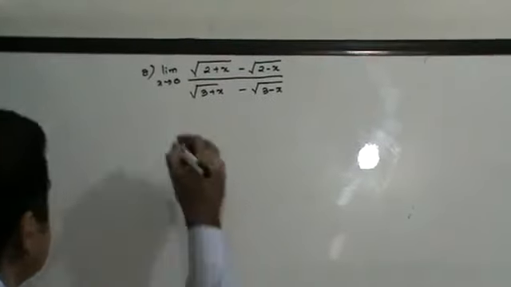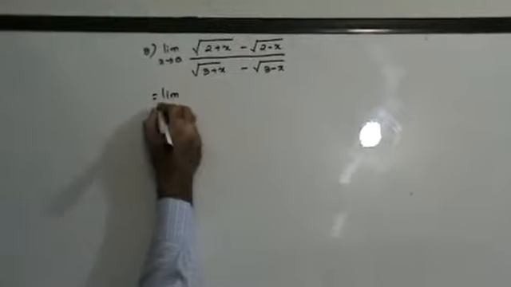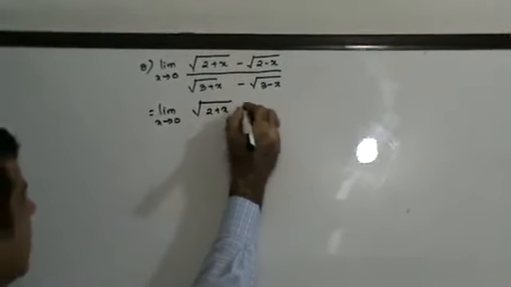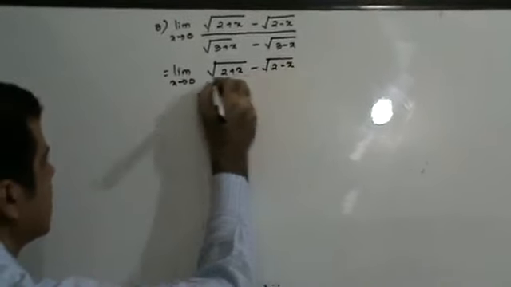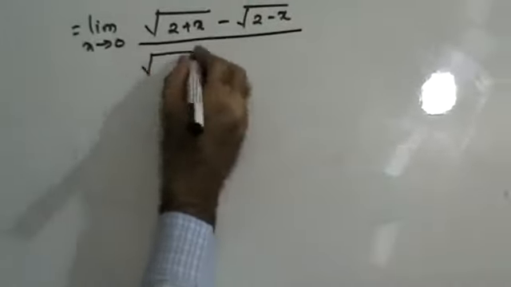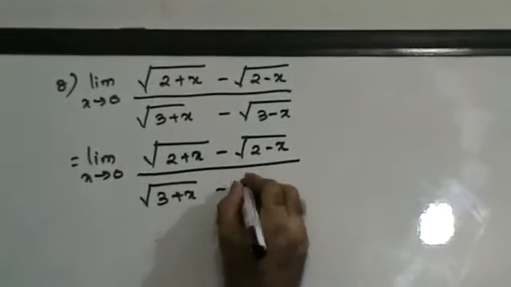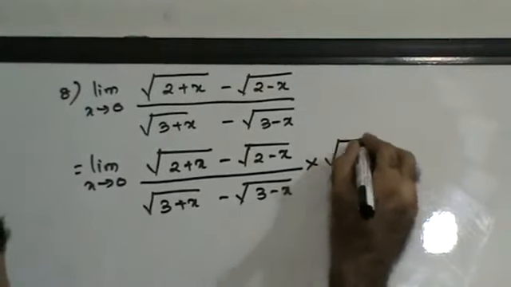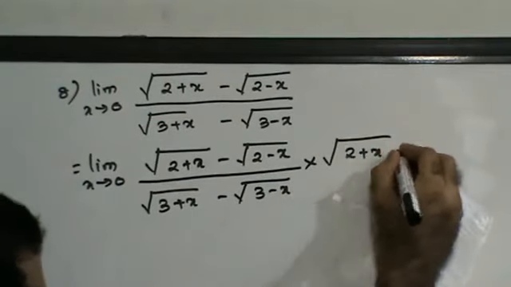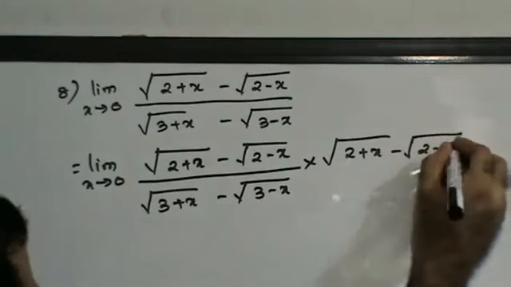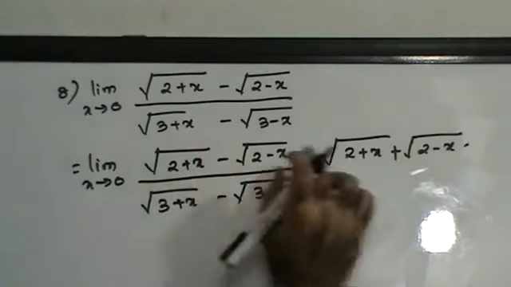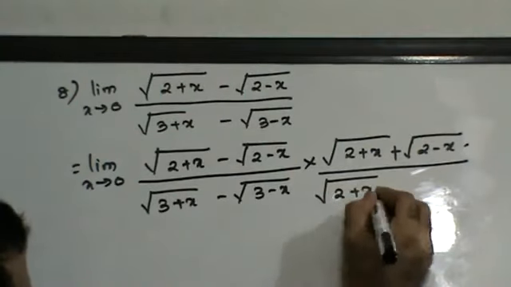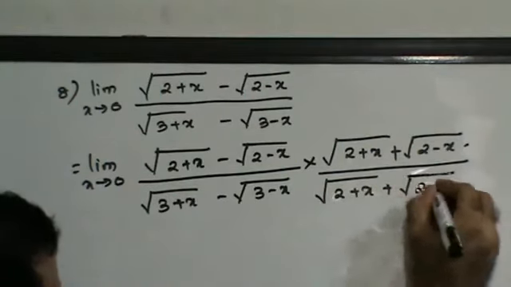Fine. Let's see this. This can be written as limit of x tends to 0, root of 2 plus x minus 2 minus x. Let's write the sum first. Root of 3 plus x, 3 minus x into, first let's rationalize the numerator. So this will be 2 plus x minus 2 minus x. So plus, this was minus sign, so this will be plus upon square root of 2 plus x plus 2 minus x